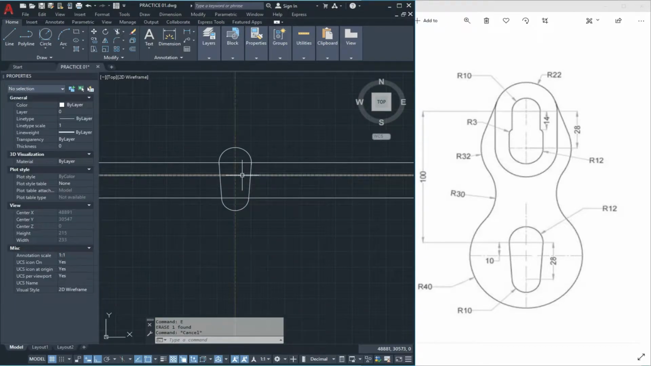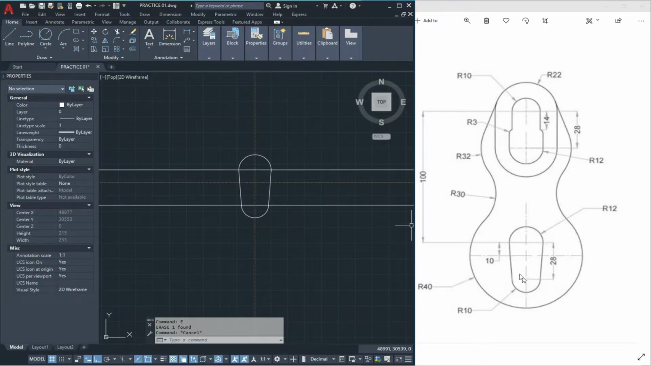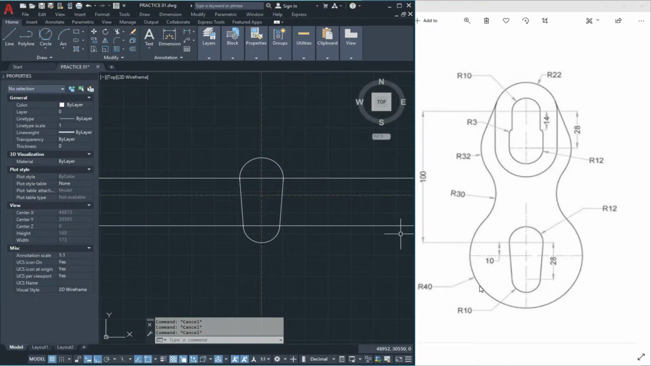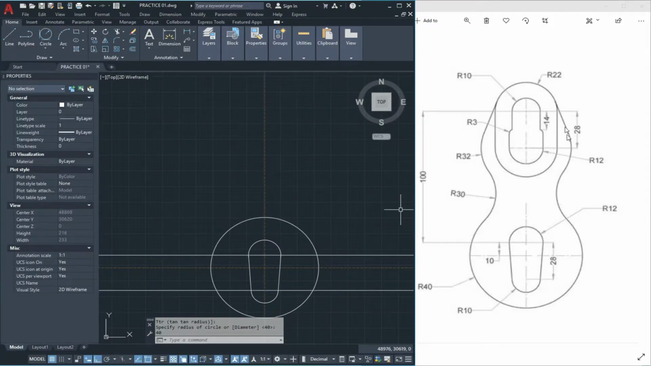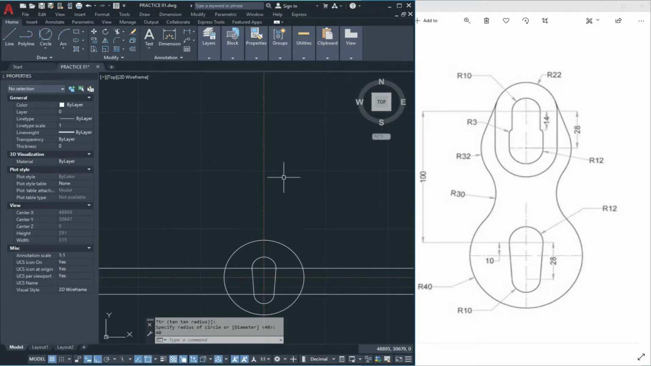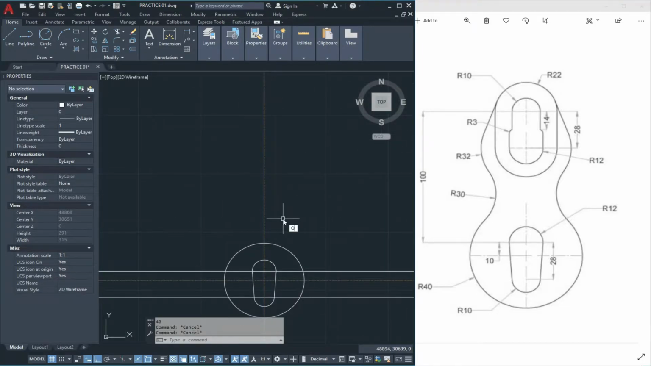And delete it. So in this way we prepare this shape, and now we draw this circle which has the radius of 40 units like this. Now we draw the upper part of this drawing, and for that we give the offset 100 units